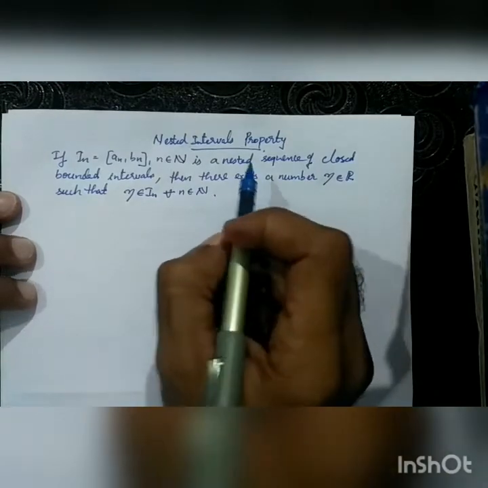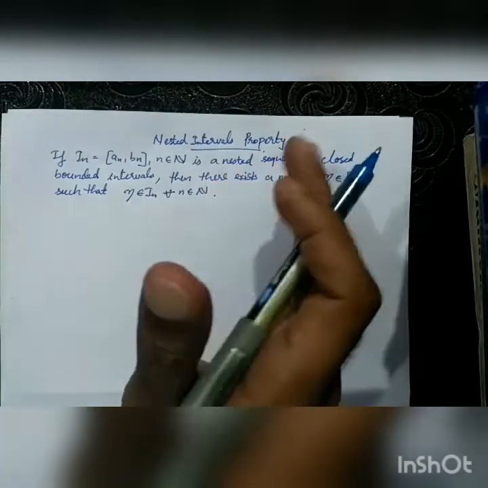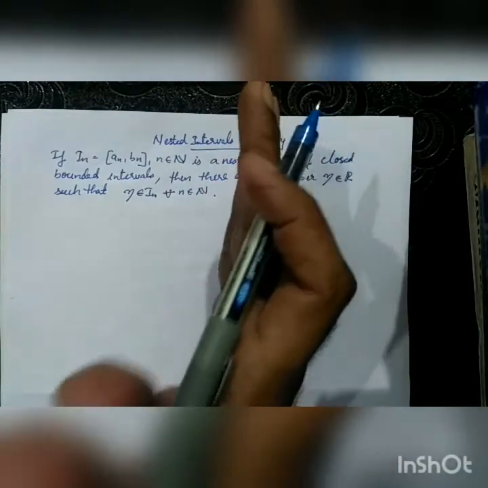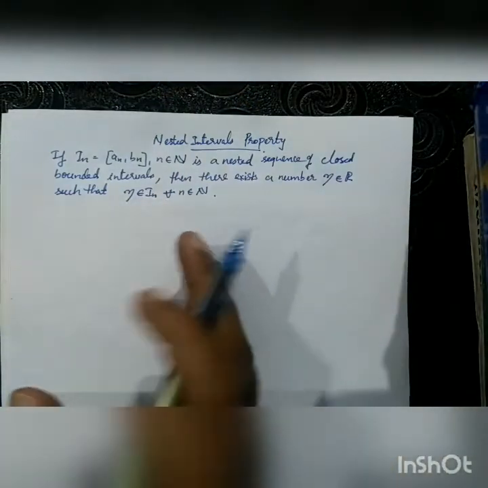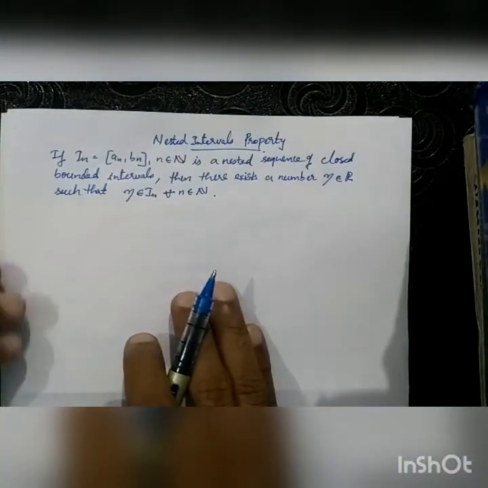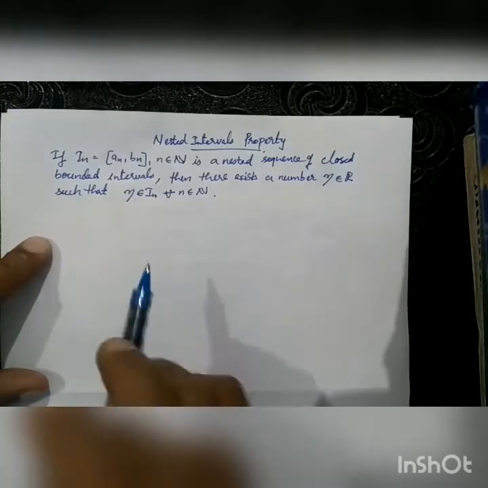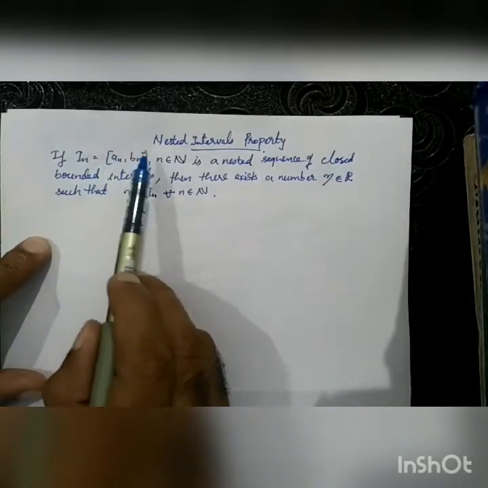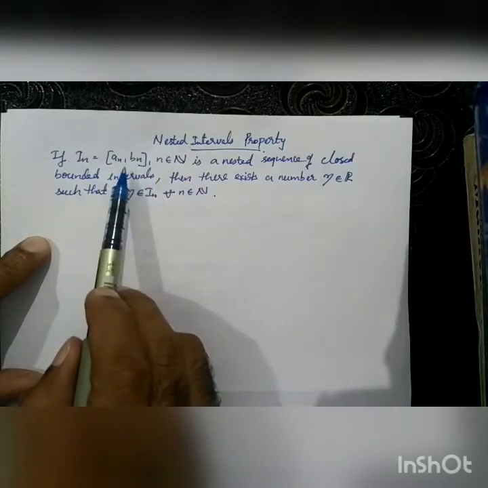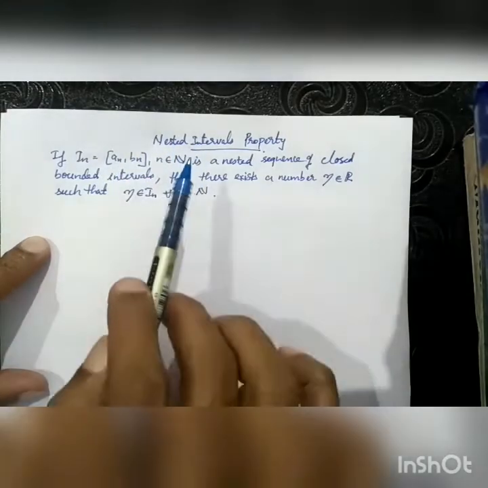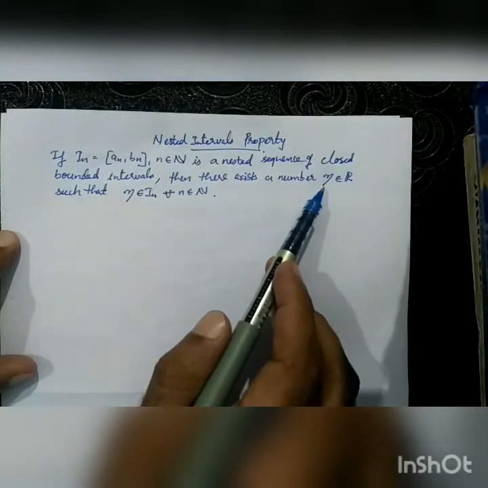So what does the statement say? Here we have a nested sequence of intervals, that is we have I1, which is the biggest interval. I1 will contain I2, I2 will contain I3, and so on. So if we have such a nested sequence of intervals, and it is a sequence of closed and bounded intervals, then this theorem states that we can always find a number which is common to